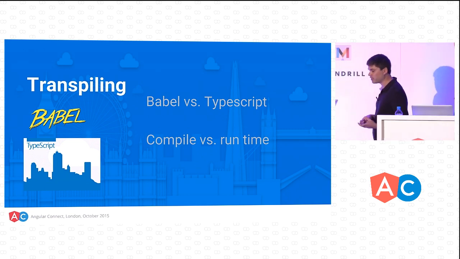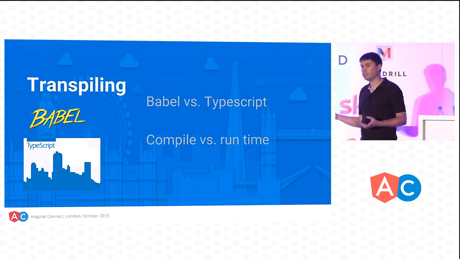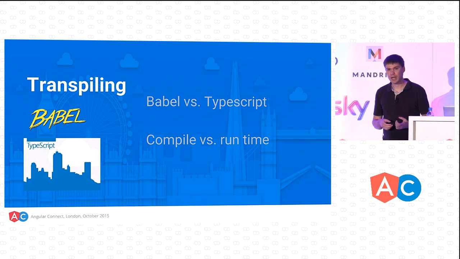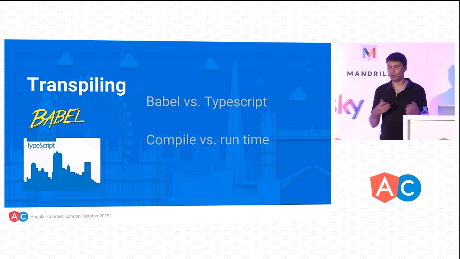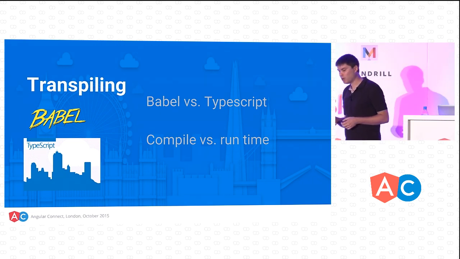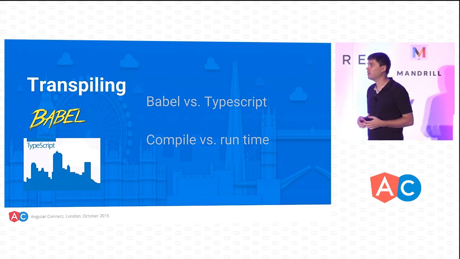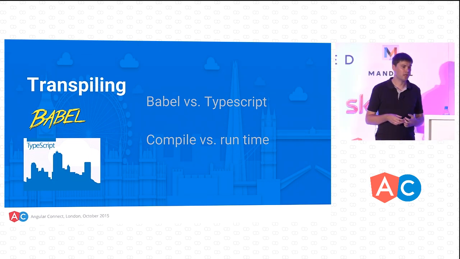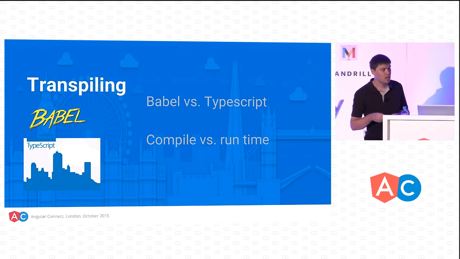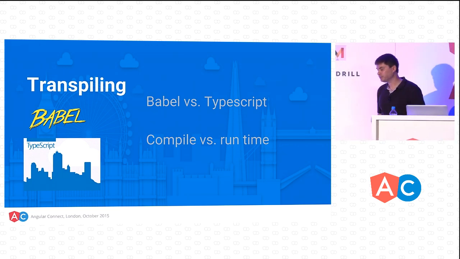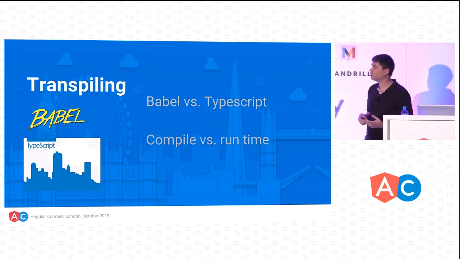So when we choose a transpiler, we need to decide when we execute the transformations. And it can be done either during the runtime, when loading code into the browser, or as part of the build step. Obviously, the runtime transpilation is only good enough for very simple experiments, Plunkers, or quick hello world type of applications. Most of the real-life setups will involve some kind of build step.